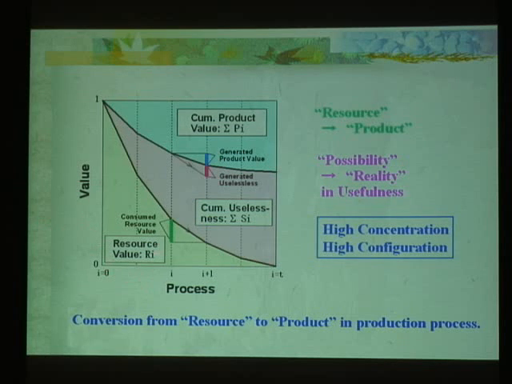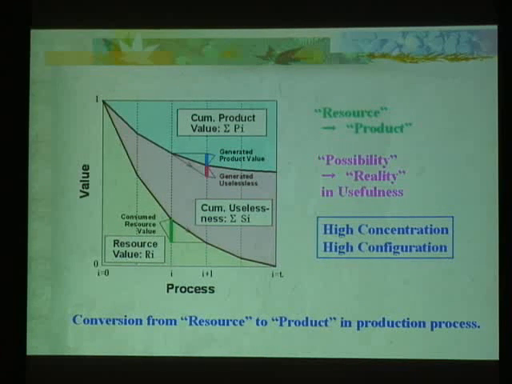Then, while proceeding through the processes, the resource value can be transformed into some product value. Then, finally, after the total processes, we can create some product value from a resource value, but not 100% value